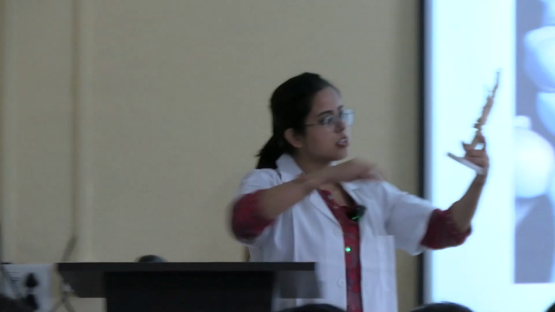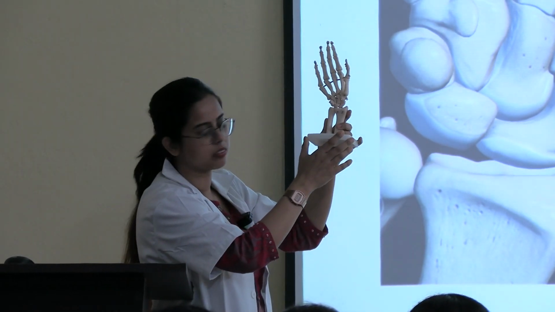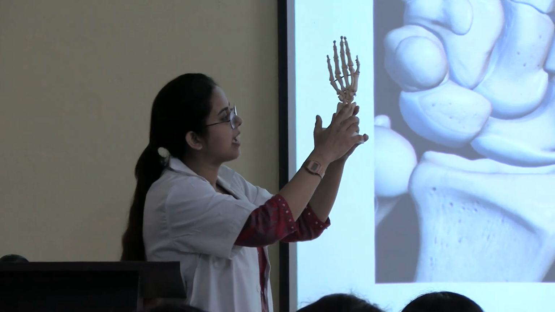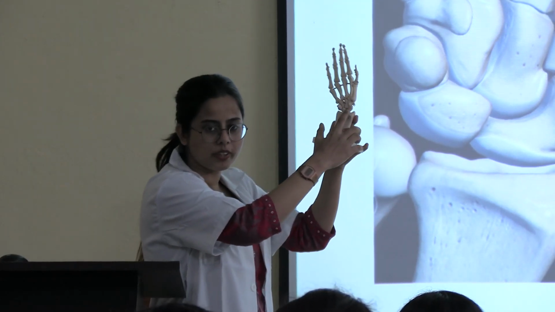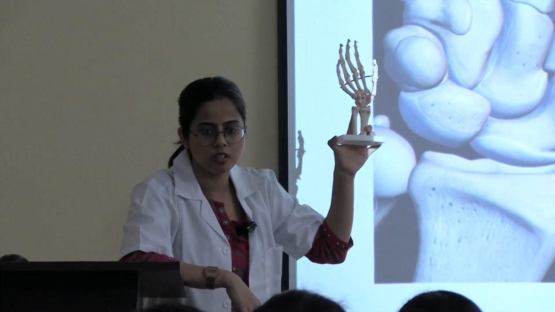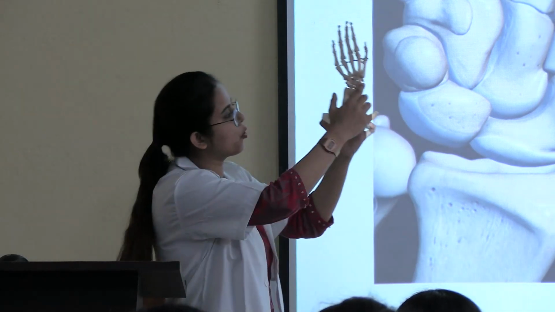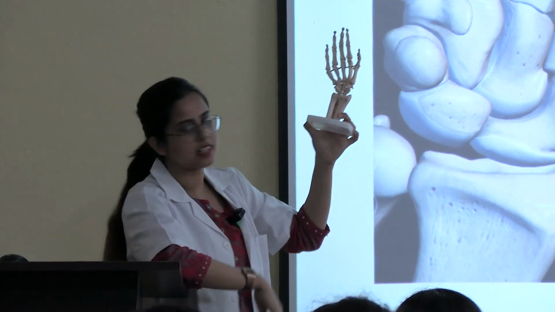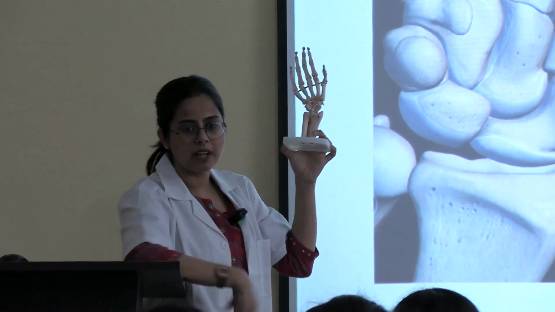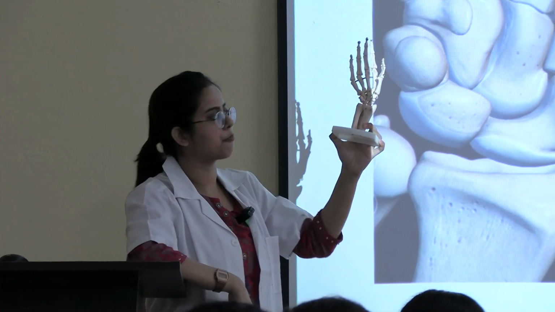Okay. So this is the scaphoid bone, this is the proximal part, this is the distal part, and this is the waist of the scaphoid. This bone gets fractured easily among the carpal bones. Like when we fall on our outstretched hand, this bone can get fractured, and the fracture line most commonly passes through the waist of the scaphoid, and all the blood supply comes from the distal part to the proximal part in the scaphoid bone.